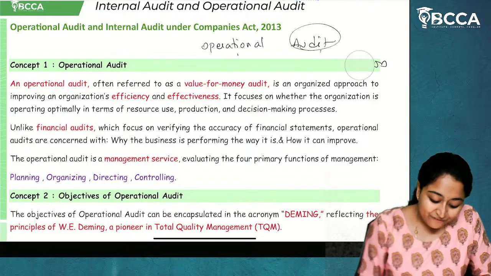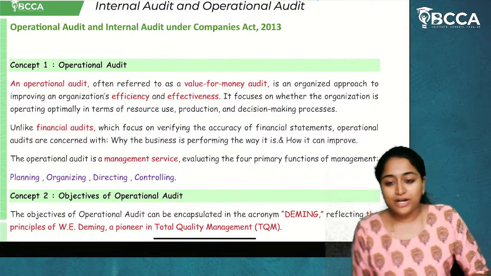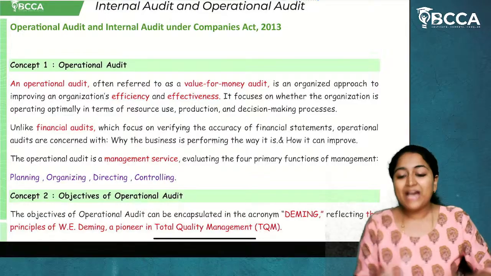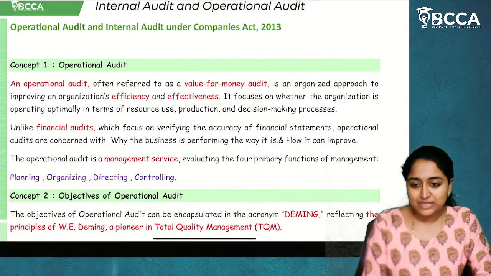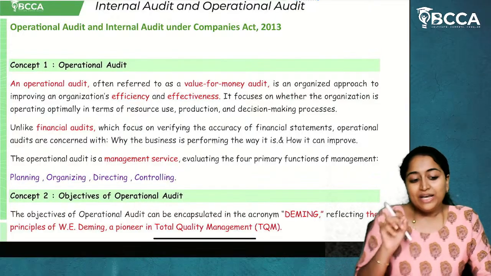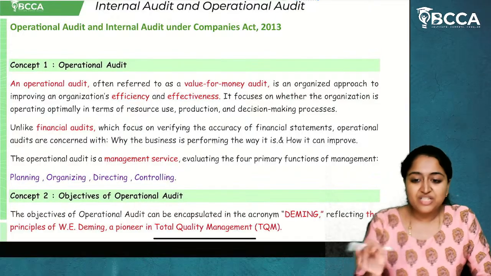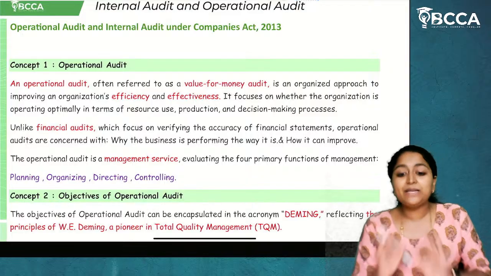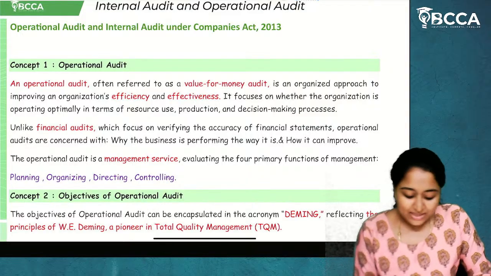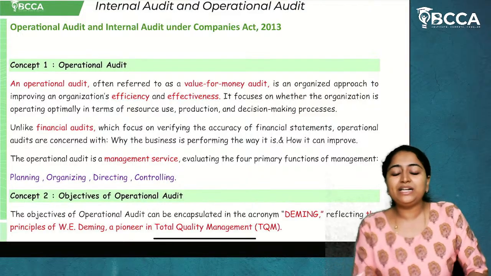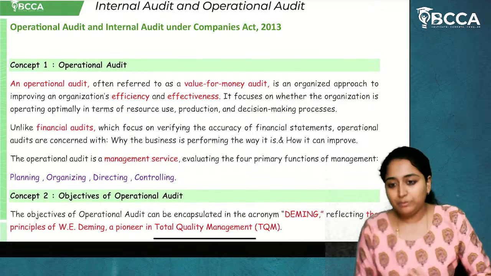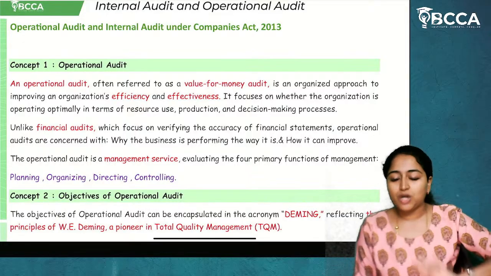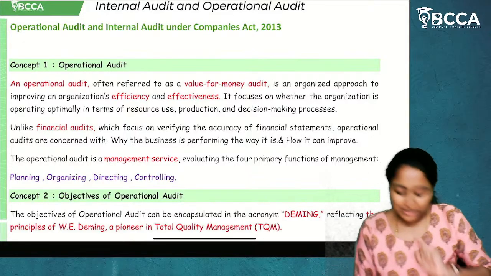And in this operational audit, the auditor will do an analysis or assessment of operational efficiency and will check whether the operation done in the organization is the best operation, or whether any better alternative operation is available. Evaluation will be done regarding that, and this process is called operational audit. I hope it is clear.